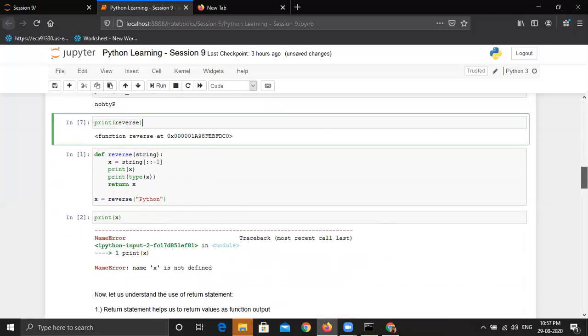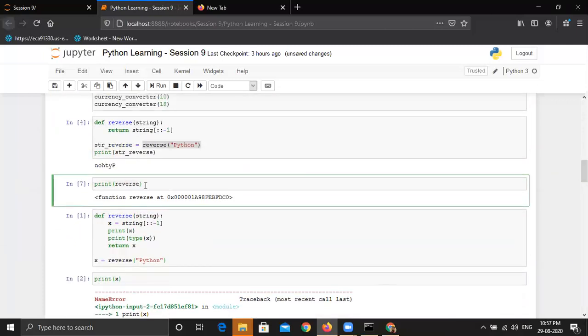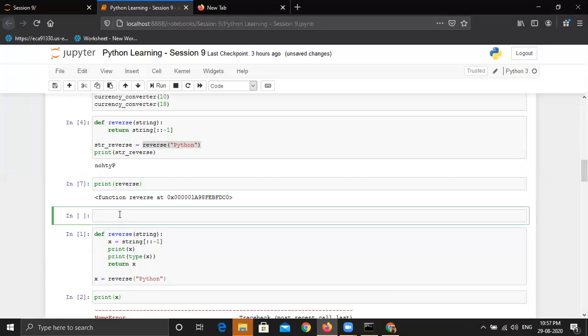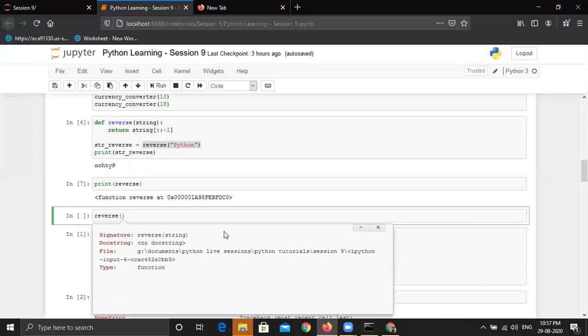Now one more thing in Jupyter Notebook I want to show you. If I write reverse and then circular brackets, please note it down somewhere that if I press Shift Tab and one more time Shift Tab, we get the help documentation automatically in Jupyter Notebook by using the Shift plus Tab key.